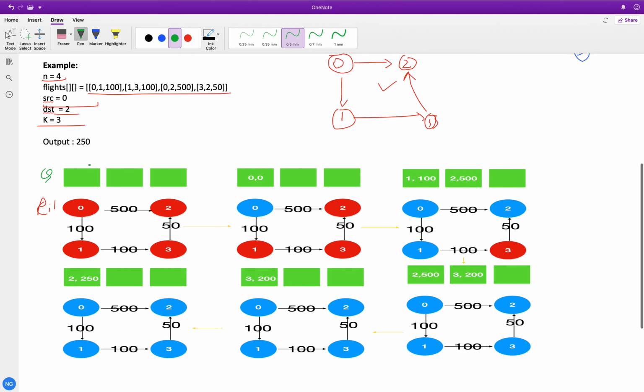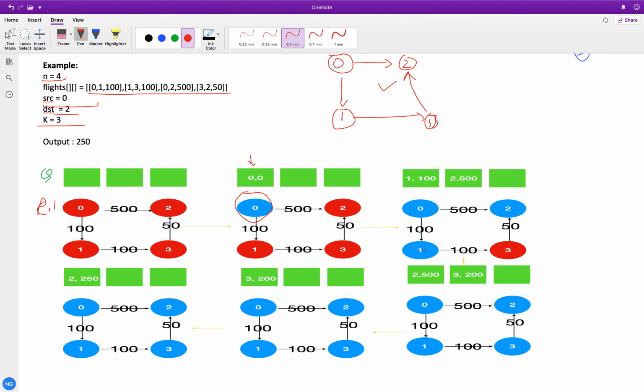So we will start from 0 first. Blue means we have already visited this city. Once we visited city 0, we add it, and the source's starting cost is 0, so 0 will be added into the queue. After that, in the second step, we extract 0 comma 0 from the queue and search for the adjacent vertices of city 0 and update the adjacent path costs.